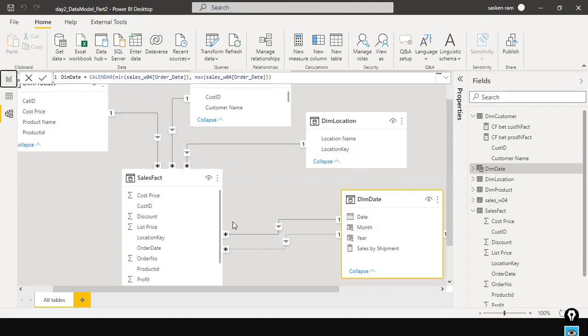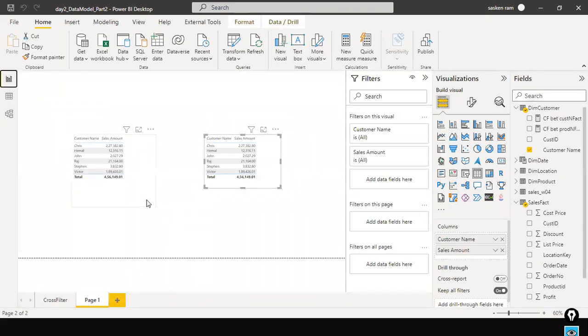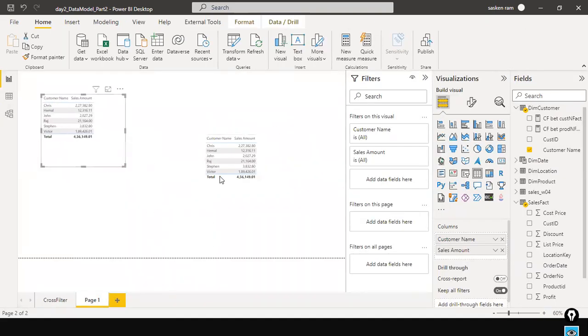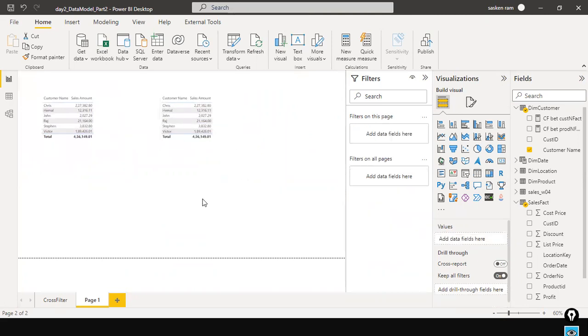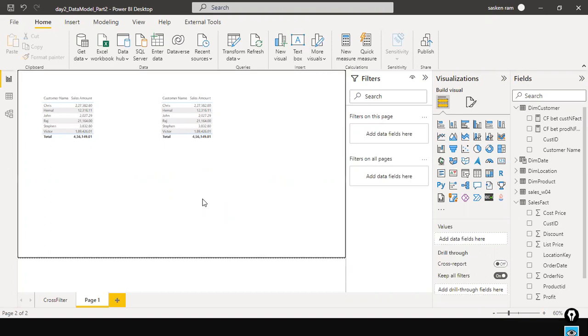The next one is the active and inactive relationship. So we are going to filter the date by order date, and also we are going to filter the date by ship date. So what is the requirement here? Listen very carefully. I'll explain one scenario so that you'll be able to understand very quickly. All of you are familiar with ordering products online, right? I hope all of you must have raised an order in Amazon in the past or currently, right? So you'll be ordering the products in Amazon. So what customers do is,